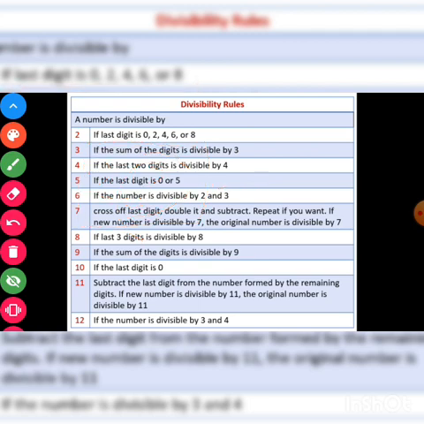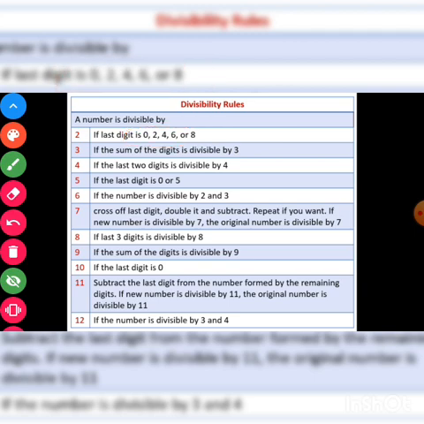But if we take the number 33, the number is not ending with an even number. The number is ending with 3, and 3 is not an even number. So it will not be divisible by 2. So this is the divisibility test of 2. For checking the divisibility test of 2, you will check the last digit of the number. If the number is ending with 0, 2, 4, 6 or 8, then the number will be divisible by 2. And if not, then it will not be divisible by 2. This was the divisibility test of 2.